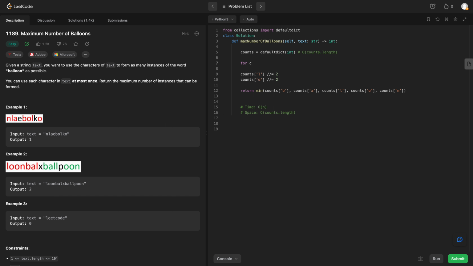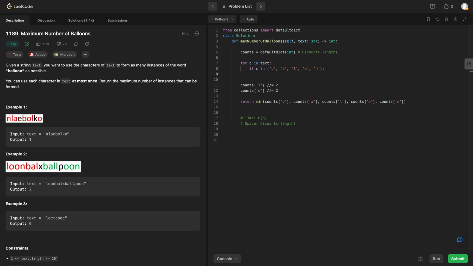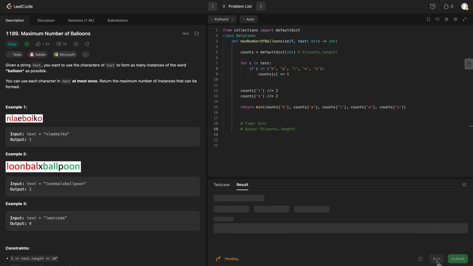So for character in text, if C is in the balloon characters B, A, L, O, and N, what are we going to do? We are going to increment counts of character by 1. And then we'll still have to divide the occurrences of L and O by 2. But this should also work. So we'll run this, pass all 3 test cases,